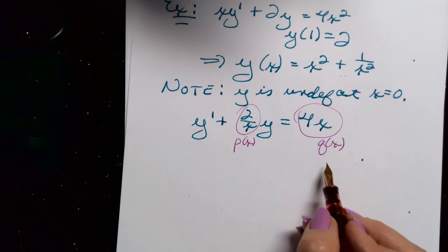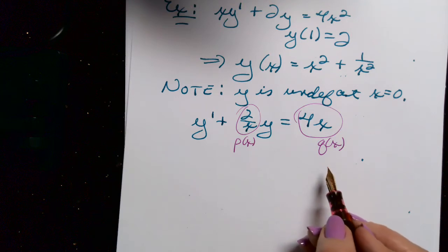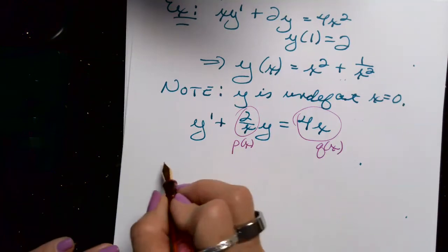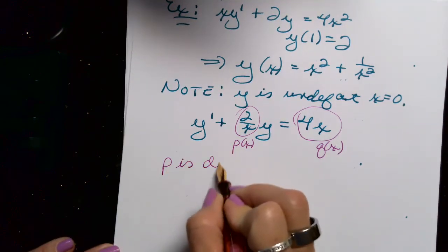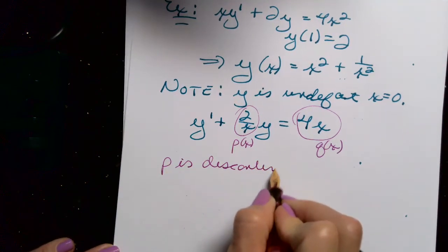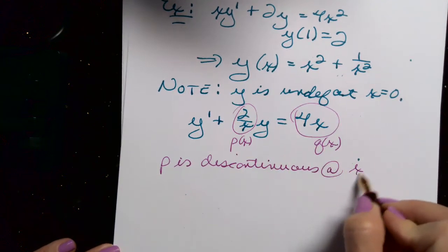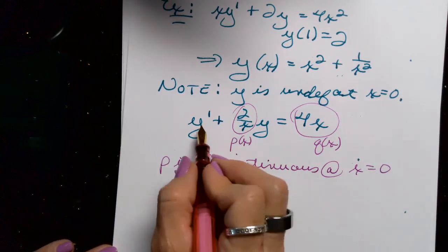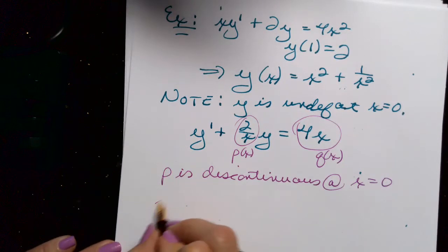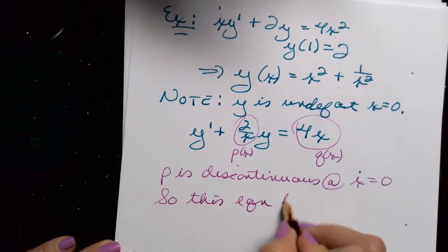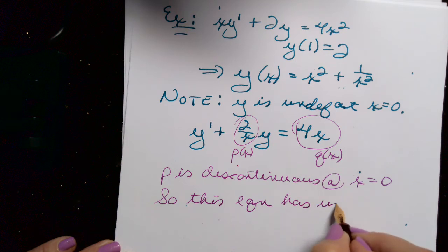Well, q is just fine everywhere. It's a polynomial, so that's good. That's continuous everywhere on R. But p's some trouble for us. p of x is discontinuous at x equals 0. So this equation has a unique solution